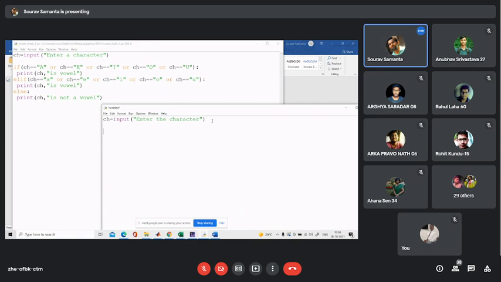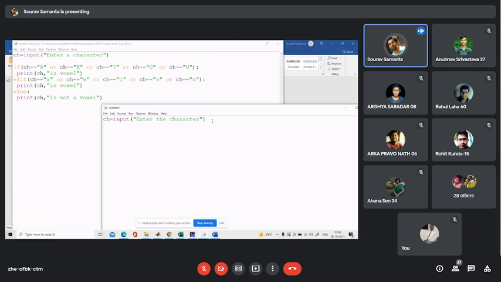Here you see, in the previous case we needed to take care of each and every symbol, every vowel, because they are not in a continuous manner, they are in a discrete manner. That's why we checked all the capital vowels and small vowels individually using the OR logic.